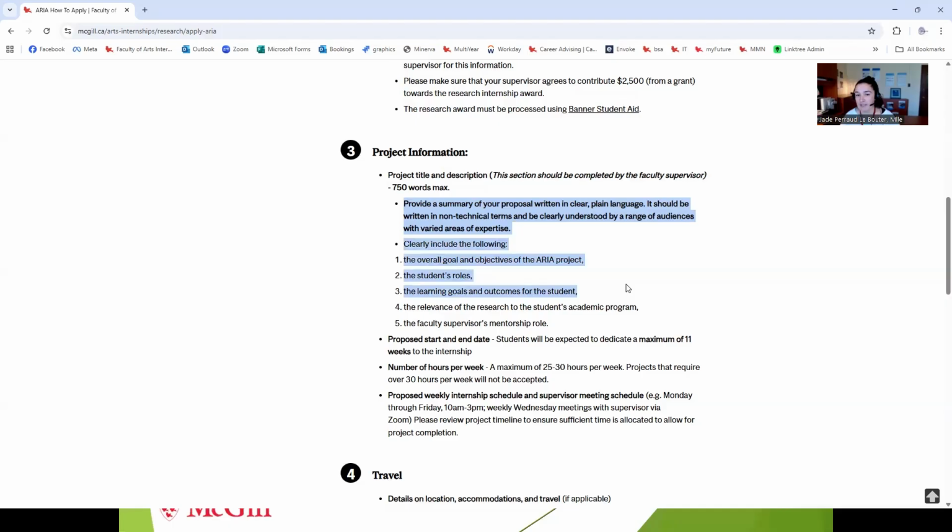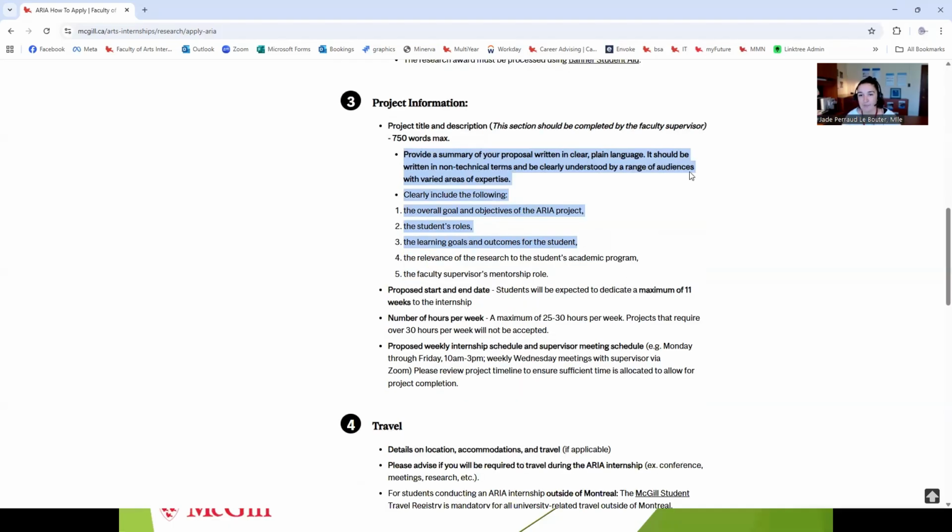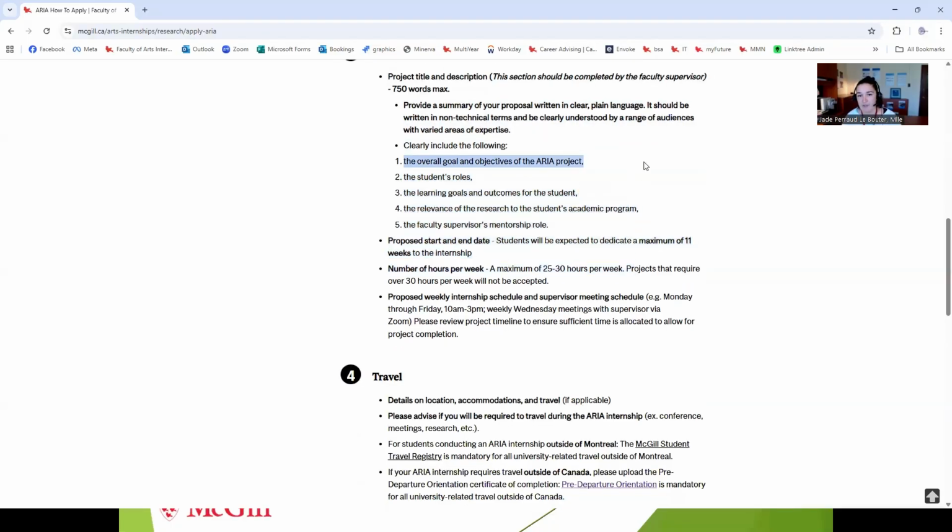You want to make sure that this is a really clear description, not going into technical details, since it will be read by the selection committee. And you want to include all of the elements here: the overall goals and objectives of the project, the student's role, learning goals and outcomes, relevance of the project to the student's academic program, and the mentorship that will be received.